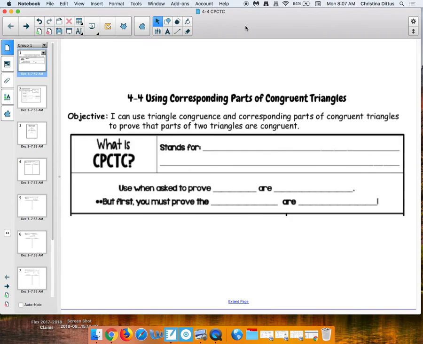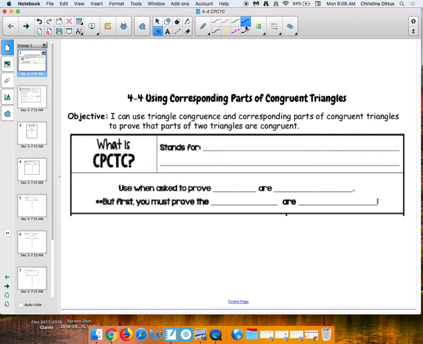Or congruent shapes, whatever. Today we're going to use congruent parts, or corresponding parts, as a way to prove something. Before we use them as a way to prove our triangles, today we're going to prove that parts are congruent because we have triangles that are congruent. So this thing that we're talking about is